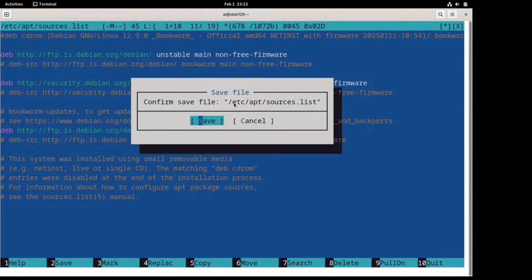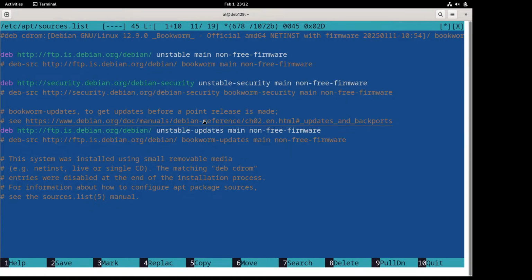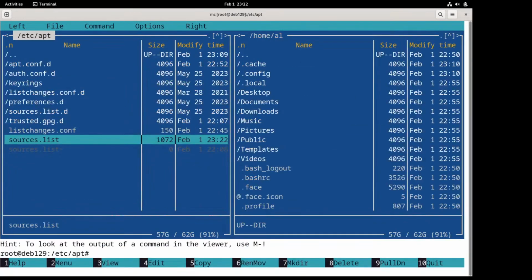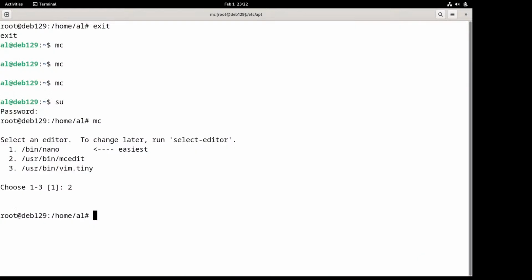Again, as a reminder, we are about to update the sources.list file, located in the apt directory in the etc directory. Okay, we are pressing save, we are pressing escape, we are pressing escape 0 again,